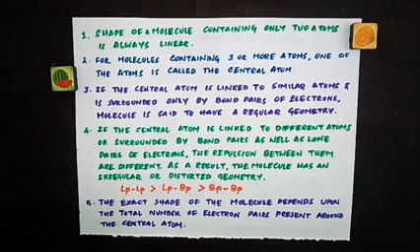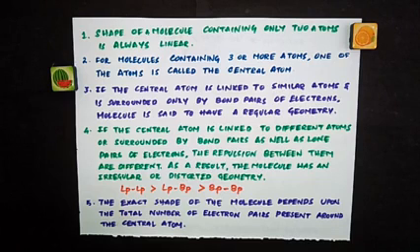The first assumption: the shape of a molecule containing only two atoms is always linear. So when there are only two atoms in a molecule, for example H2, the shape of that molecule will always be linear, which means it is straight. The second assumption: for molecules containing three or more atoms, one of the atoms is called the central atom to which the other atoms are linked. Suppose you have four atoms, one atom is taken as the central atom and three other atoms are bonded to that central atom.